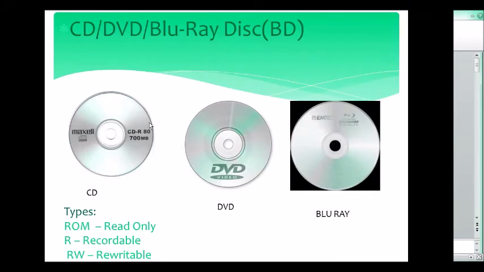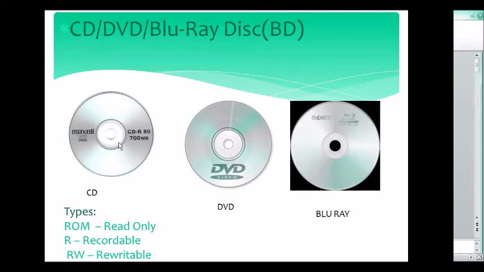See here, we'll talk about discs. This is CD, DVD, and this is Blu-ray disc. We have one more type. The major difference between these three is in their storage space. We talked about this in the beginning itself.